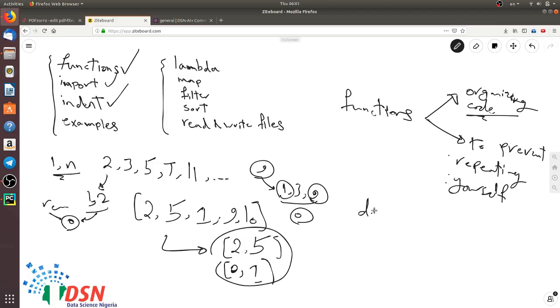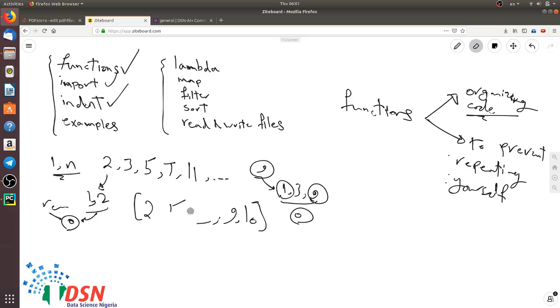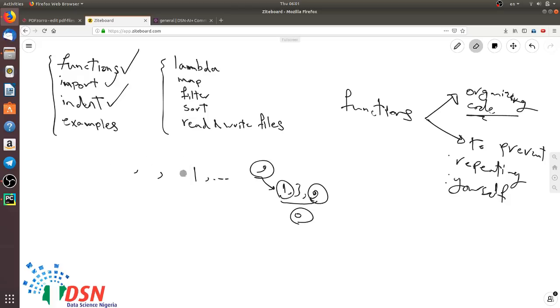It could be is prime. This function could return a Boolean value and states whether a number is prime or not. Okay, and this is actually a good exercise for you to get familiar with writing functions and how to use them in Python. Okay,